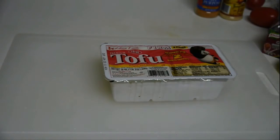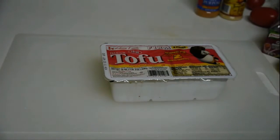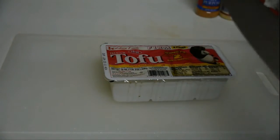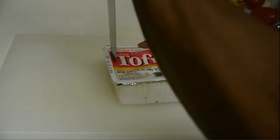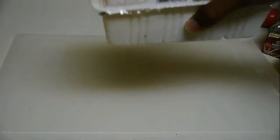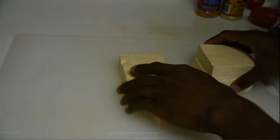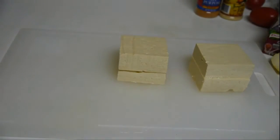Alright, welcome to my vegetarian kitchen. Tonight I'm going to be making a spicy tofu dish. First you need to open the packet, drain it, pour the water out. Next you slice the tofu, and I'm just going to keep it in big fat chunks like that